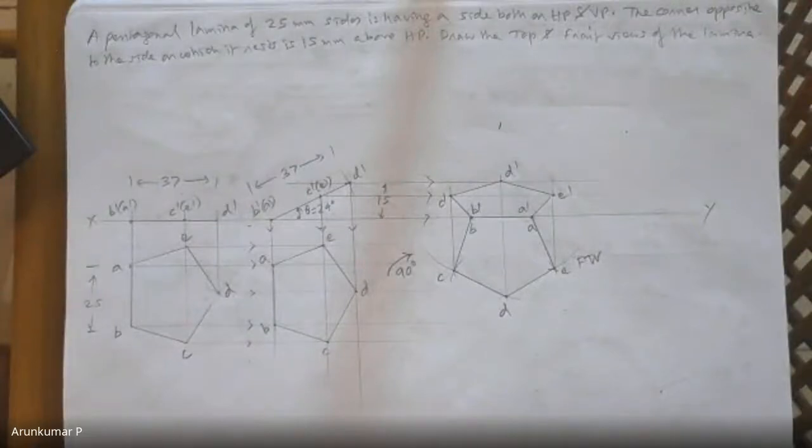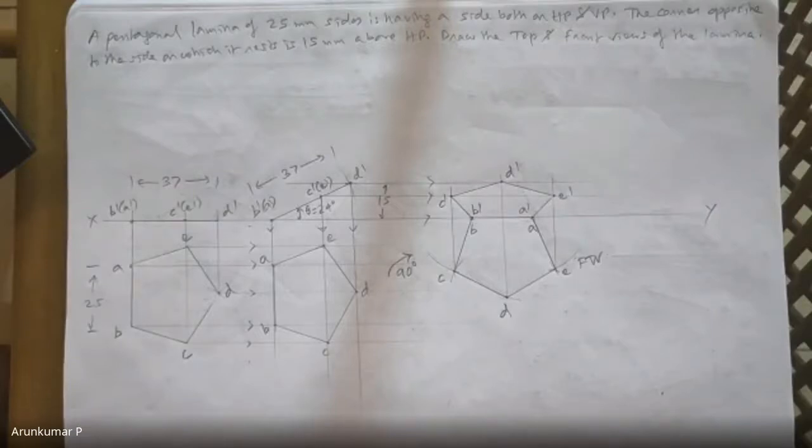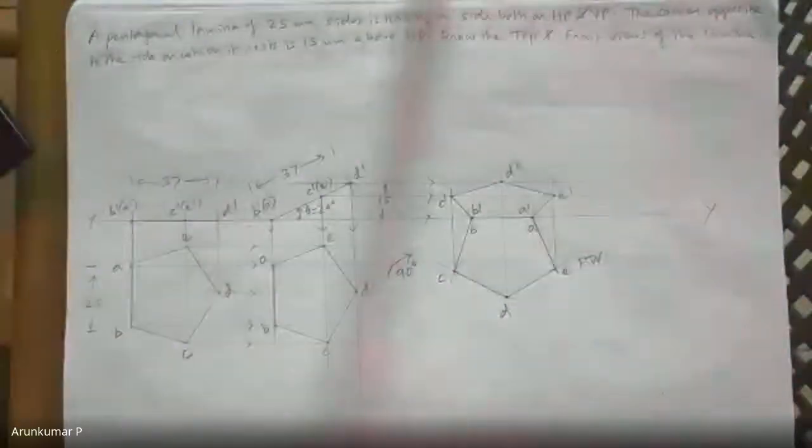So I'll be giving you, I think, maybe a couple of problems for the assignment so that you practice. Maybe one on square, one on rectangle, and one on pentagon. Two, three problems I'll give you. I think I'll put it in the Google Classroom. You can solve that and keep it. So Monday's class, we'll start with hexagon and see the same cases resting on HP, inclined to HP. One edge on HP, opposite corner on opposite edge on VP, or one corner on HP, opposite corner on VP. All those cases we can see.